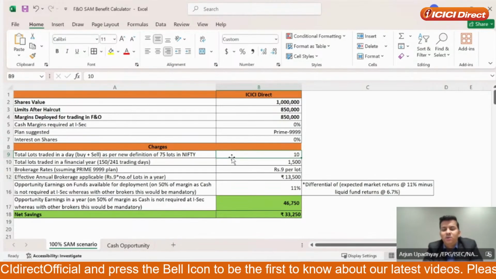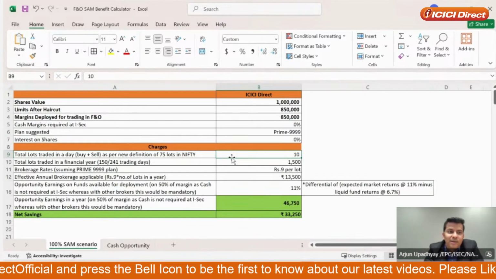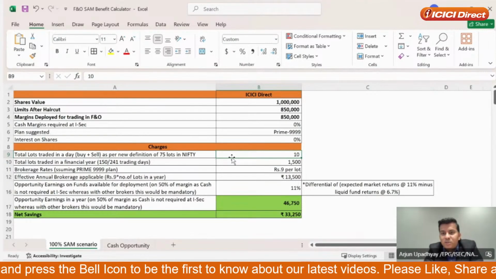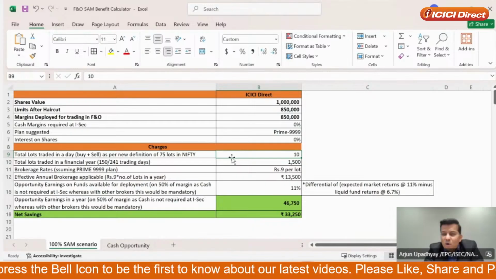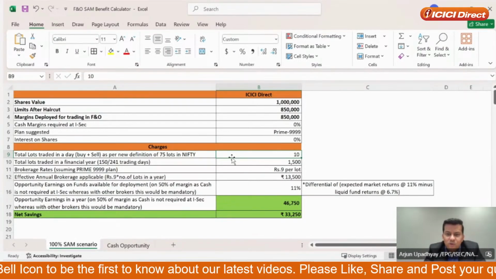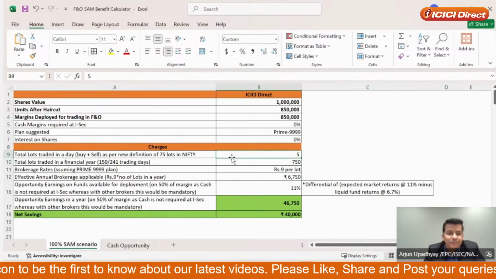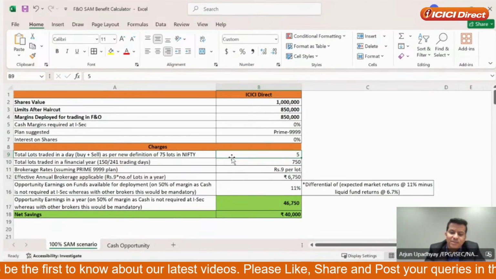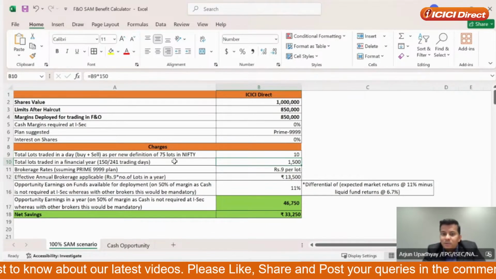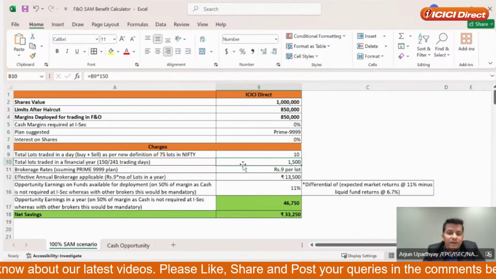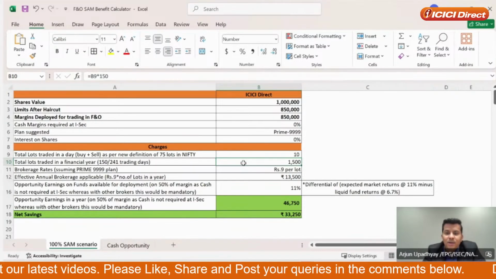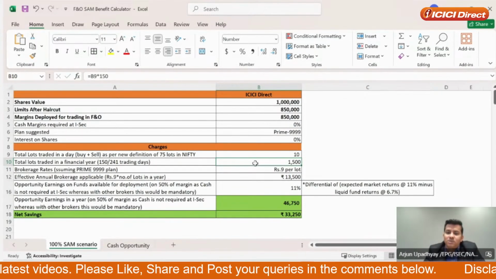So assuming a person of this capacity in the example who's bringing in 10 lakhs of pledging 10 lakhs of shares and bringing a margin of 8.5 lakhs, how many lots would he be trading? So I'm saying assume he trades say 5 lots in a day, more practically, right? And he buys 5 lots and he sells 5 lots. So say 10 lots. So in a year of say 150 trading days, when he's active out of 240 trading days is an assumption, he is buying and selling 1500 lots.